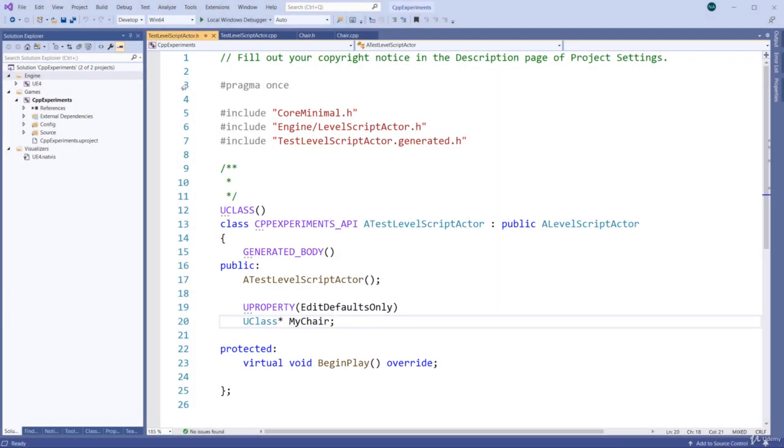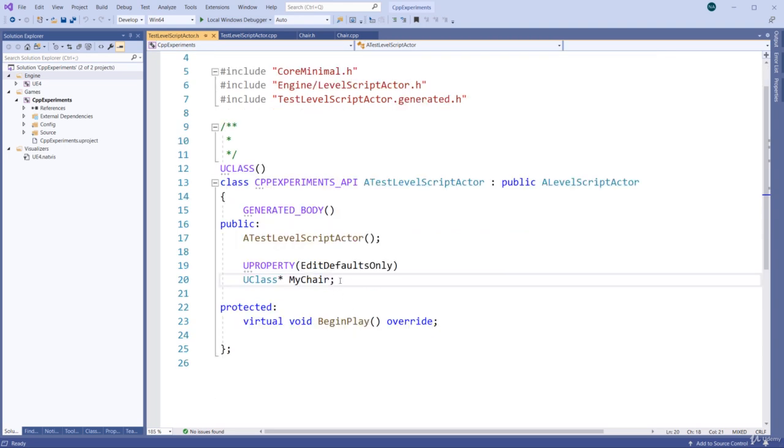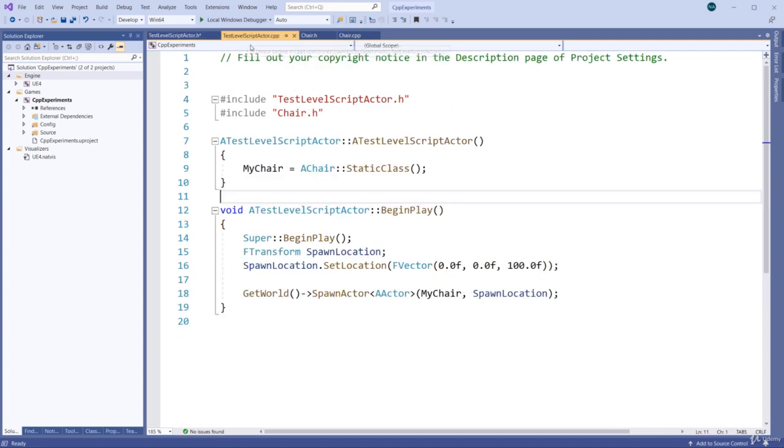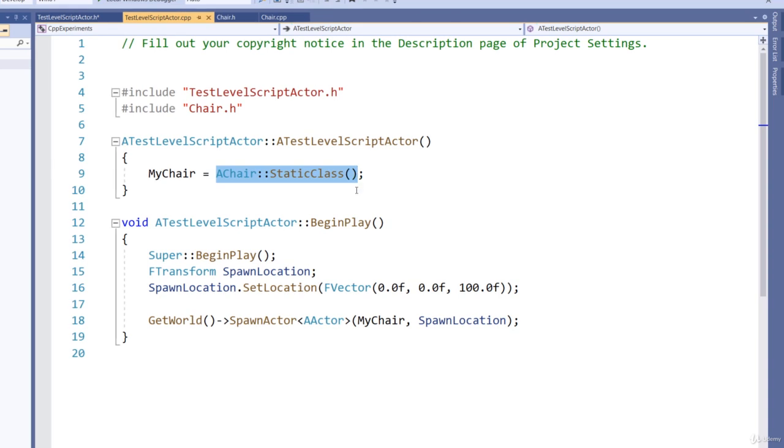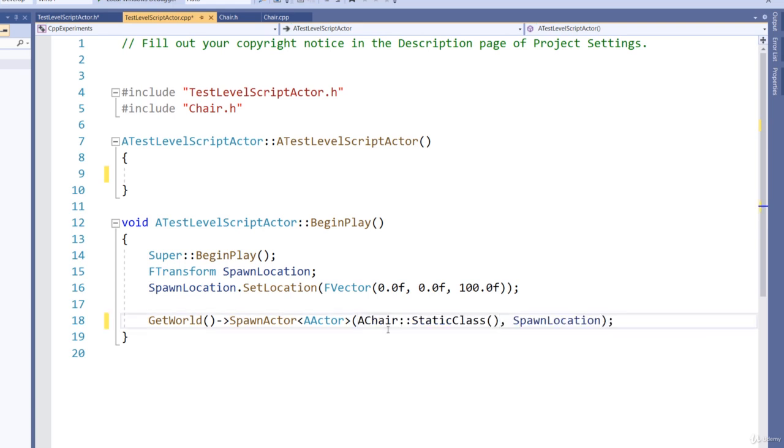Okay, so I'm back in the test level script actor header file, and I'm actually going to remove this declaration here, the uClass myChair pointer. I'll just comment that out for right now. We'll use it again in just a bit. In the constructor, I'll go and remove this as well. I'll cut this part out, delete that, and then instead of myChair, what you can actually do, Ctrl V to paste that in,